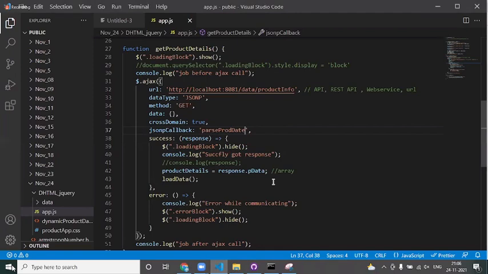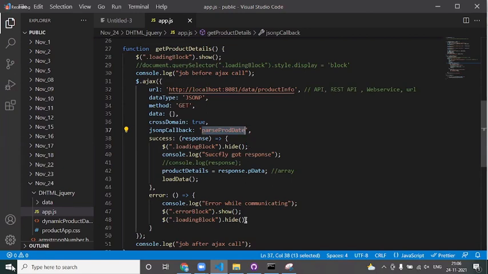First step, at the server side, instead of returning JSON, modify it to return a JSONP object. Second step, at the client side, in your Ajax call, you have to do 3 changes. What is that? Data type has to be JSONP, crossDomain has to be true, and for jsonpCallback, you need to specify what method has to be invoked. As simple as it is.